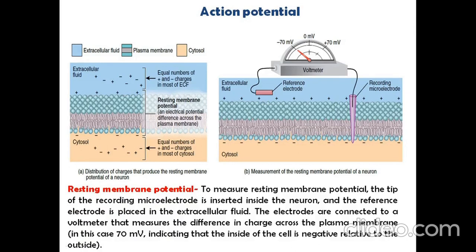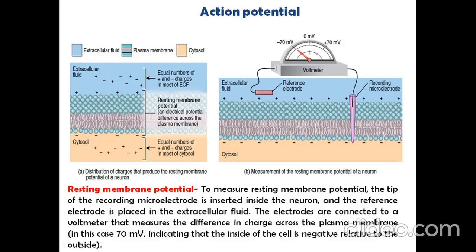It means these are the cells. Inside the cell there is a presence of negative charge, and outside the cell there is more positive charge. Inside the cell there is potassium ion and outside the cell there is sodium ion. In the resting state, the sodium is present outside the cell and potassium is present inside the cell. It means the excess of negative charge is present inside the cell and positive charge outside the cell, and the cell is at the resting state potential.